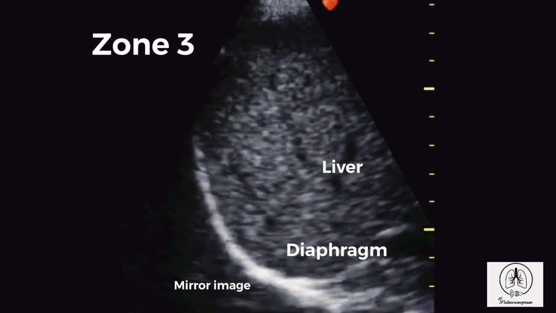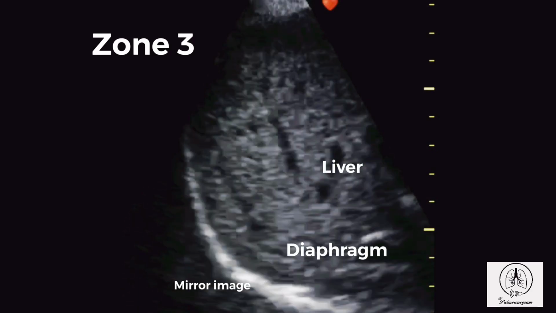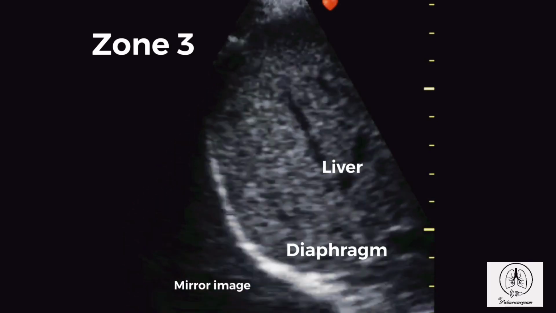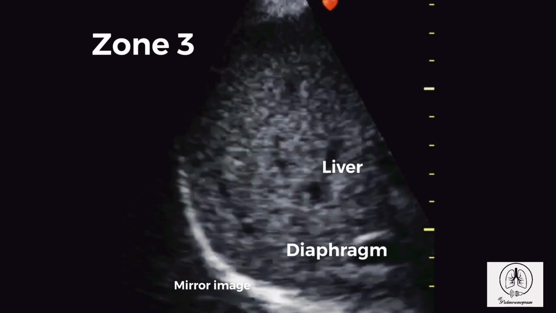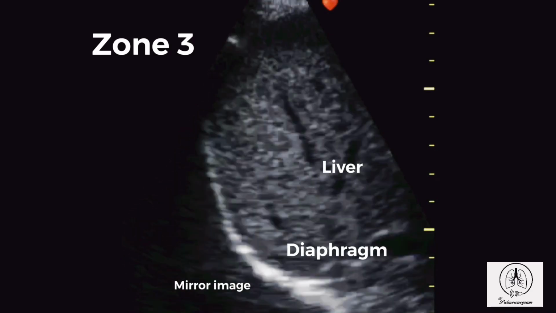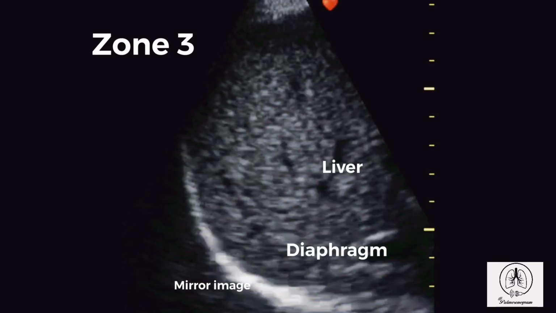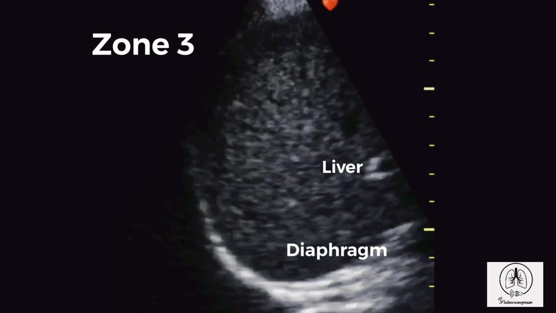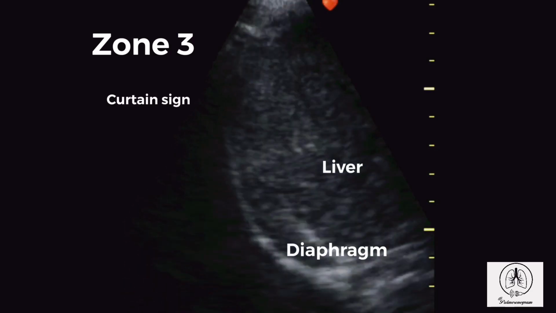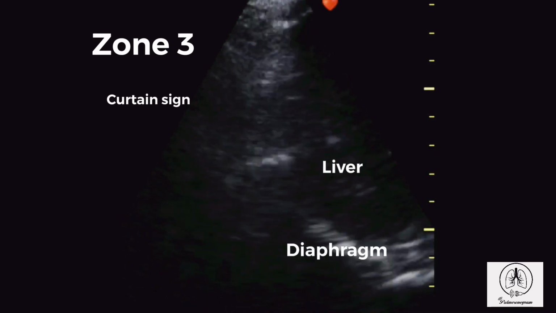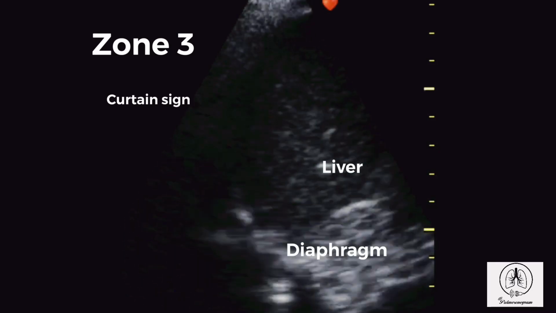In zone 3, that is infraaxillary region, you can see the same, but in the same region you can see liver anteriorly and diaphragm as a hyperechoic curved line marginating the liver. Beyond the diaphragm, what actually is your lung? But ultrasound beam can only pass through soft tissues like liver and diaphragm. Beyond diaphragm, the aerated enemy will not allow the beam. So you can only see the mirror image artifact of the liver, like our A-line artifact of the pleura. During inspiration, you can see the lung and pleura come down as a screen to overshadow the liver. This is called the curtain sign and it is normal.